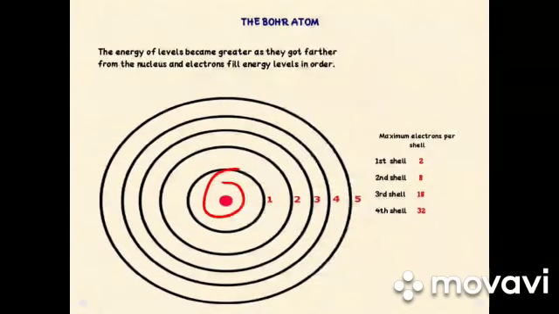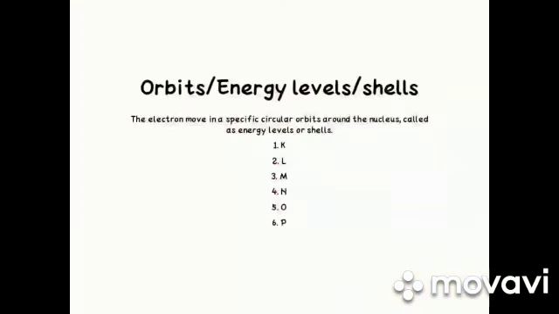It means the fifth orbit in this diagram is the highest energy level, and the first orbit is the lowest energy level. The second point, electrons fill energy levels in order, means the first shell will be occupied first, then electrons will move towards the second shell. It can never happen that the second shell would be occupied first, then the first. Now coming back to this picture, students, according to Bohr, K shell is the first shell, L shell is the second, M is the third, and so on.